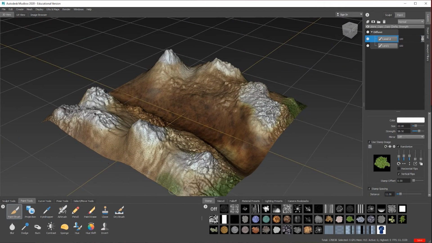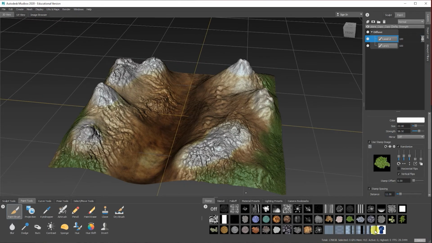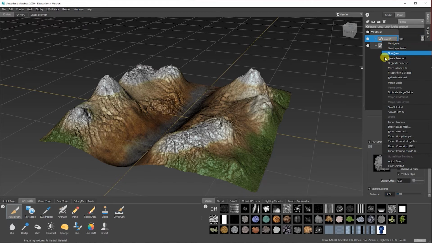So again, you could just make it up how you want it. Take your time. A lot of people use Wacom tablets for this because they like painting on it and using the pens and stuff, which is quite cool to do. So again, nothing amazing. I suppose you could say, through the middle, you've got a bit of greyish area where over the years, imagine people maybe have walked, or a dry riverbed or something like that. But I would always say the easiest thing is you save this, but you can actually merge the layers as well.